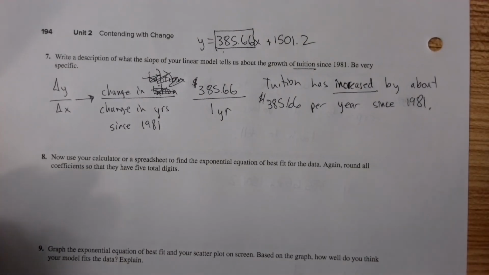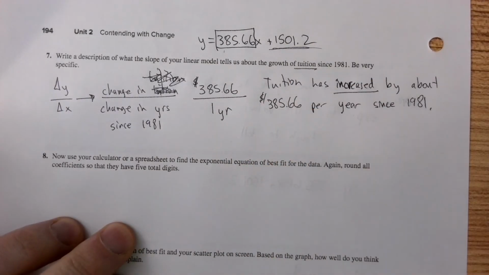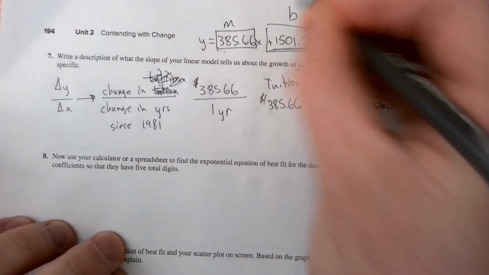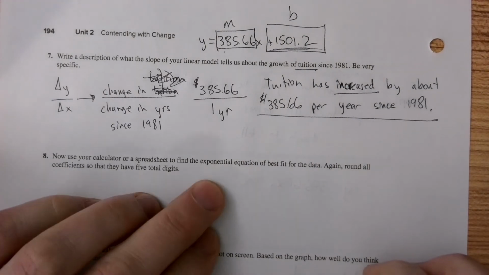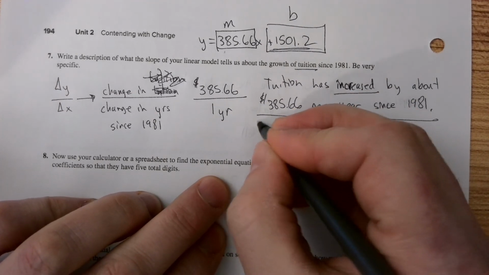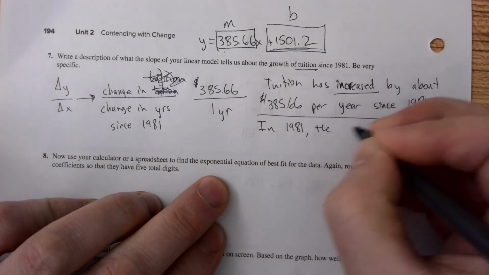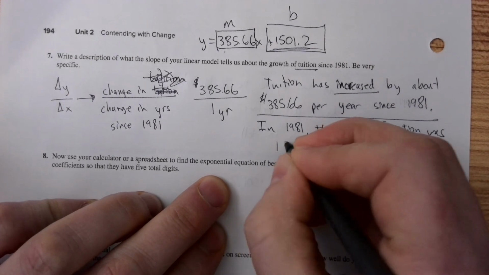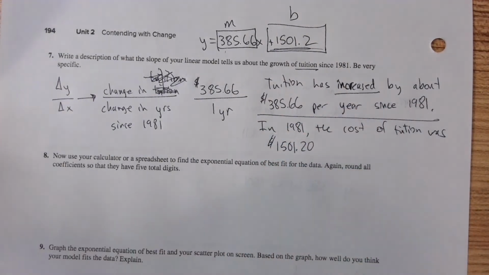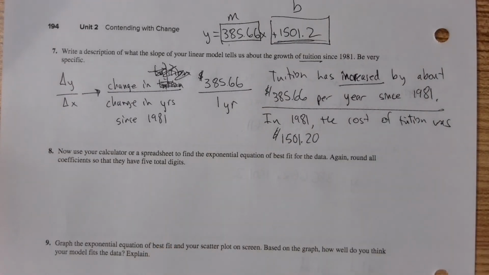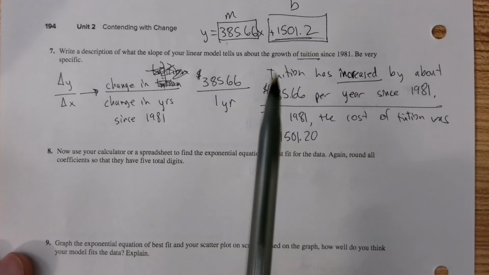Okay, so that's what's going on there. Let's just for fun interpret the y-intercept, because that's something I ask you to do in the project. Remember, the project says interpret the parameters. So for the linear equation, these are the 2 parameters. So the y-intercept, in this case, is 0 comma this value, and what it claims is that in 1981, the cost of tuition was 1501.20. Definitely different than the actual value, quite a bit different. That's okay. This is a model. Notice we said it was 2663 is the actual value. But once we got our model, we're wanting to interpret what does our model tell us about the